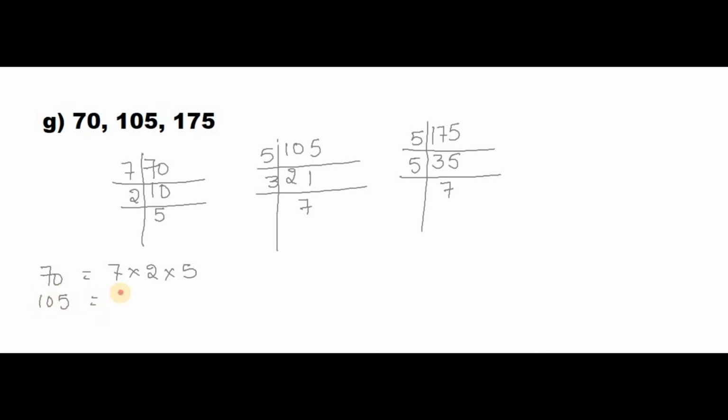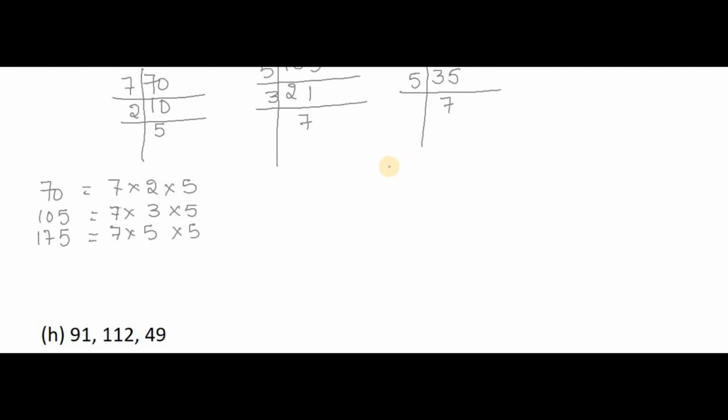105 can be written as, students, I am writing from down to up, just to make the numbers come down by down. Now we are writing the factors of 175, and here also I am writing down by down only. We can write factors either from down to up or up to down. Why I wrote it this way is simple: to make the same numbers come down by down. For that reason I just changed that, nothing more than it.